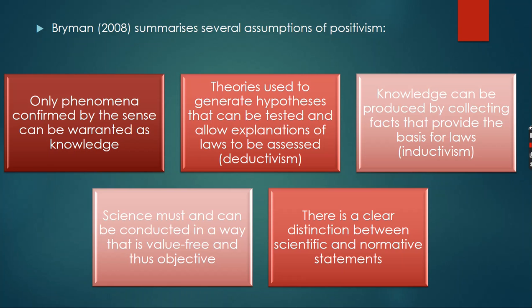Basically, what it means is that social research has to be accessible by the senses, where theories are the starting points from which hypotheses are deduced and which shall be tested, right? The research starts from the facts that can be collected and from which it can be inductively derived. Research is basically oriented on the ideal of objectivity, which also means it should be independent of the individual researcher, and free of value, right? The role of the researcher is very limited, which means you don't give your subjective interpretation to the circumstances and so on,